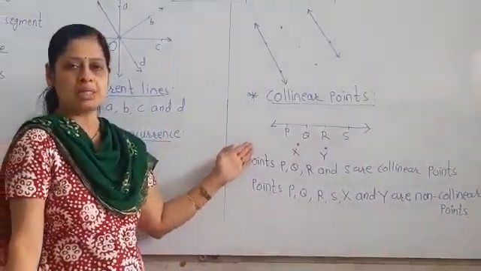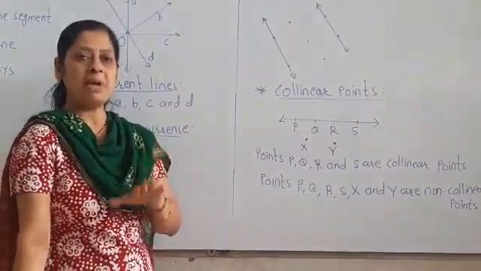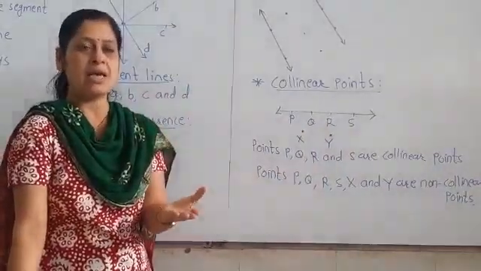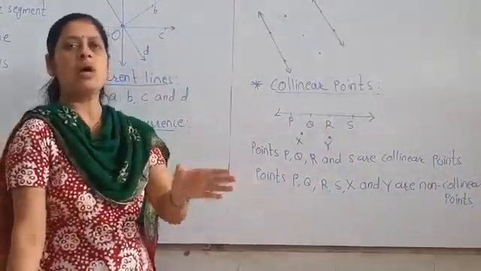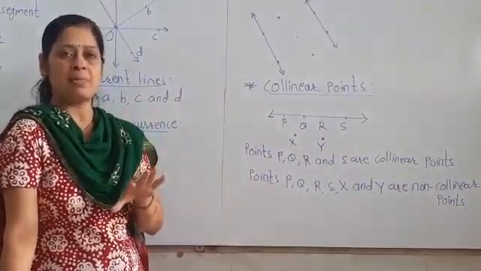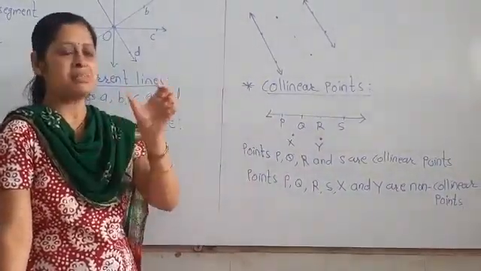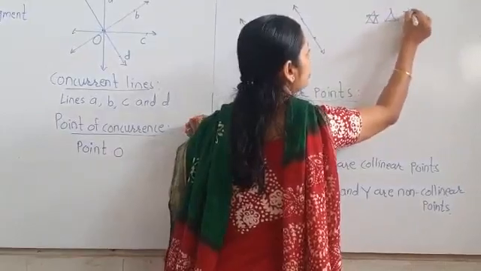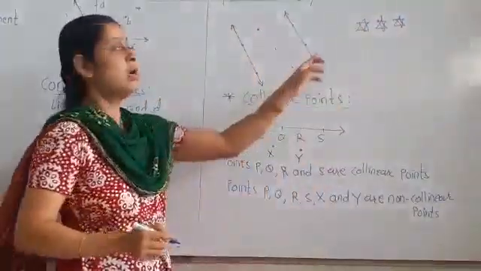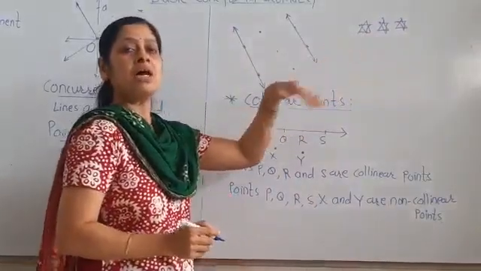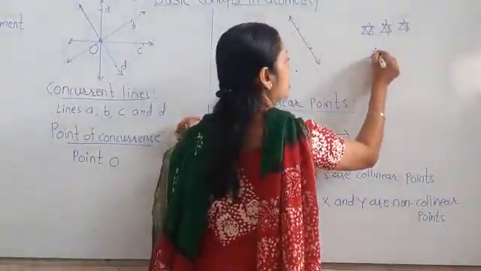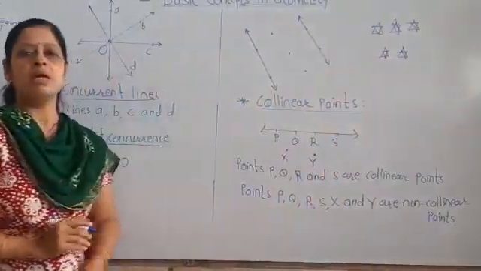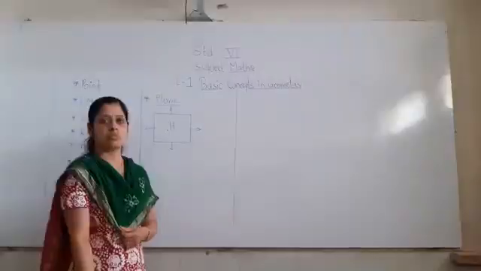Collinear and non-collinear concept. For example, in Kho-Kho game, the players who are sitting on a single straight line are called collinear players, and the players who are running are called non-collinear players. One more example of stars. Have you seen some stars located on a single straight line? So these stars are called collinear stars, and the stars which are at a distance are called non-collinear stars. So this example you have seen in your day-to-day life.